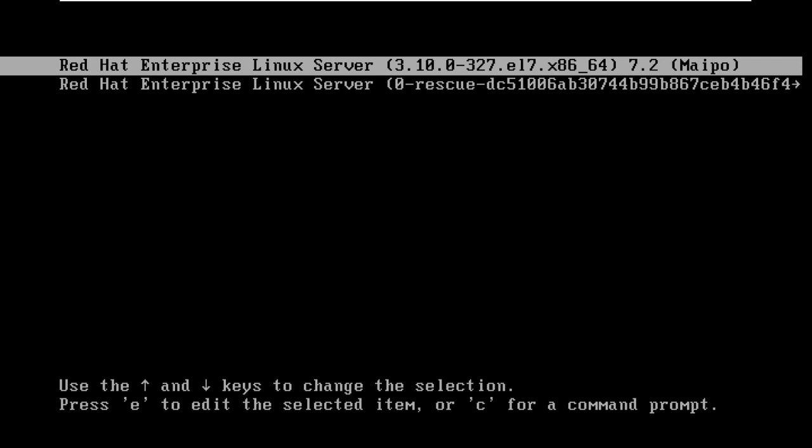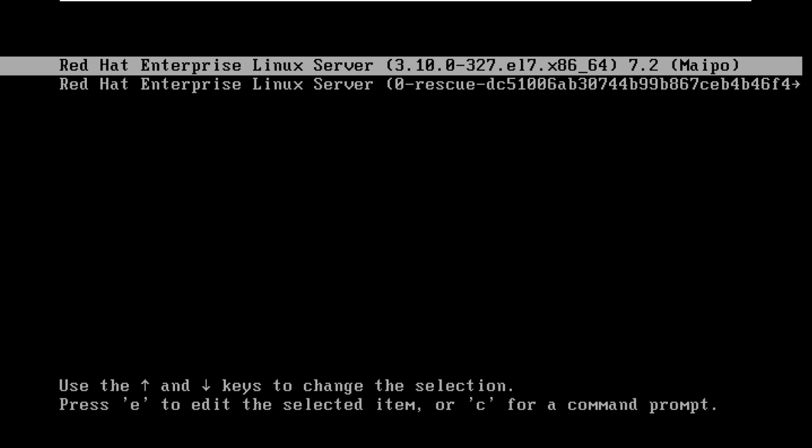Now what is that last option? That last option is to boot your system from your DVD. For that, attach the DVD first, insert the DVD, go to the BIOS setting and select boot from DVD.